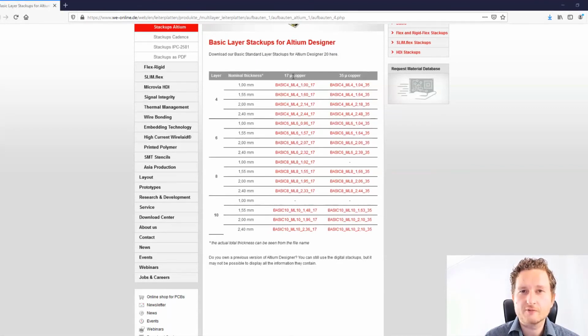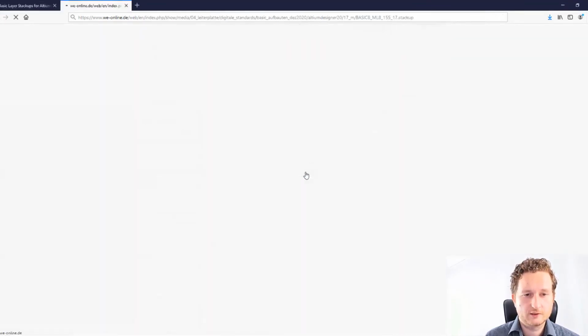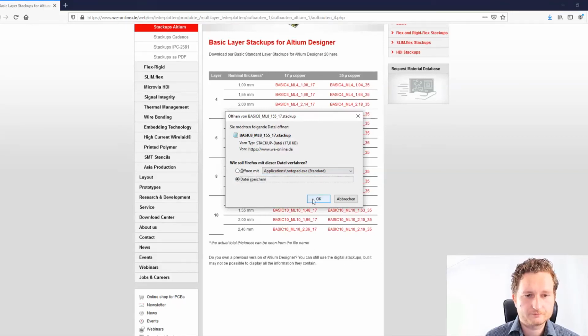Also about the copper finish, in this example 17 micrometers copper and 35 micrometers of copper. We will use for the tutorial an 8-layer board with 1.55 millimeters, and we will simply download this file. Basic 8 ml 1.55 17 micrometers copper finish. Just download the file,